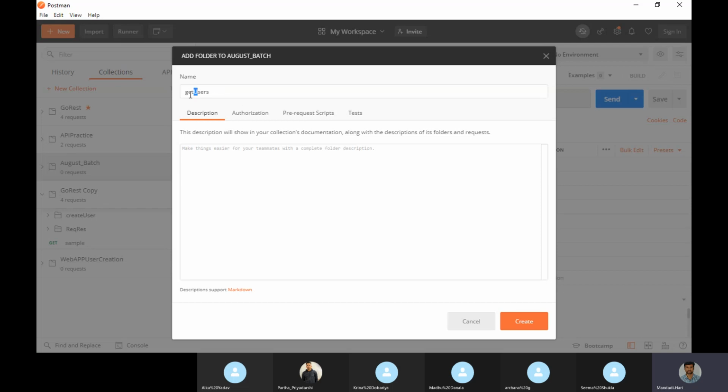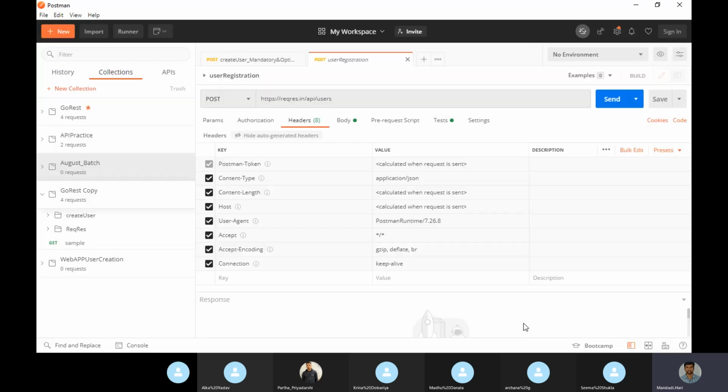What is meant by camel case? The first letter starts with a small letter, and after that, whatever you are giving, it should be a capital letter. That is called camel case. JavaScript naming conventions are like this. Okay, so get users. So I am creating it.